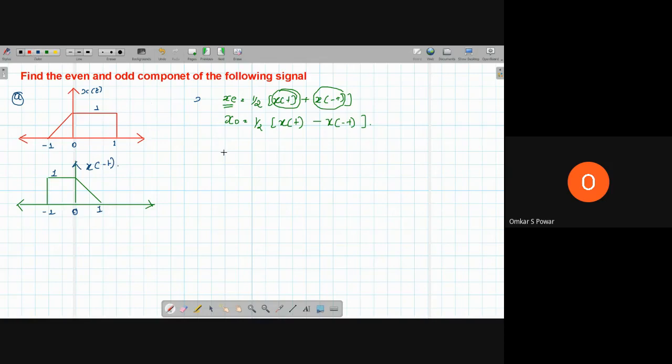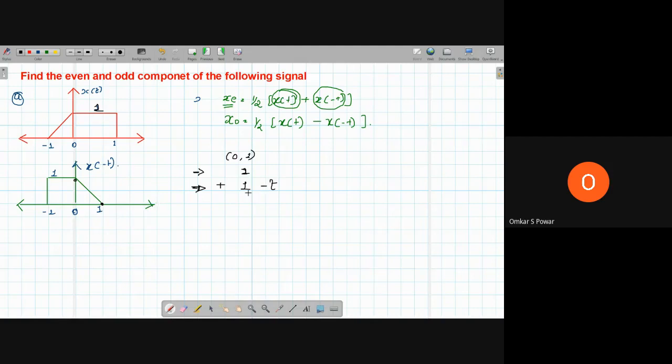Do not be afraid of this small mathematical expression. So from 0 to 1, what is the value of x of t? It's 1, plus, because we have to add these two, right? So 1 I can write directly, but for this one I need one equation, right? Otherwise how can I add? Like this is square and this is some ramp. If you want to add, you should know the expression. For that I am writing this for you to get simplified. So it's a decreasing ramp, so always it is minus t, then at 1 it should be 0, so it will be 1 minus t.